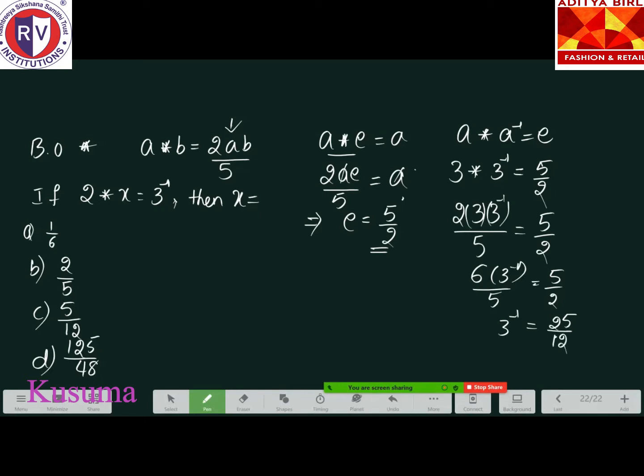So this is 3 inverse. Now we have to know the value of 3 inverse. Let us substitute the value of 3 inverse and expand this with the definition of the binary operation and find out what the value of x will be. Okay. So here